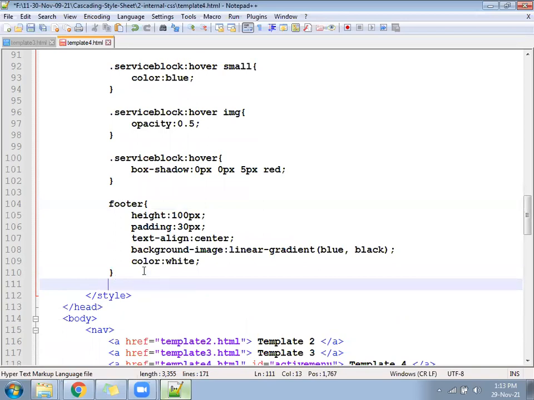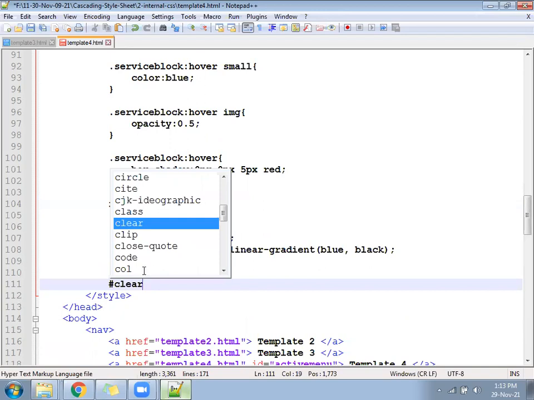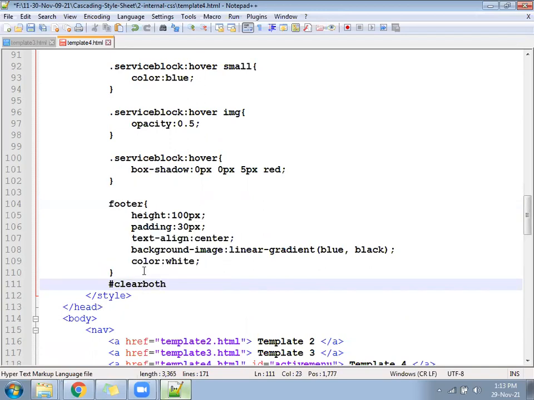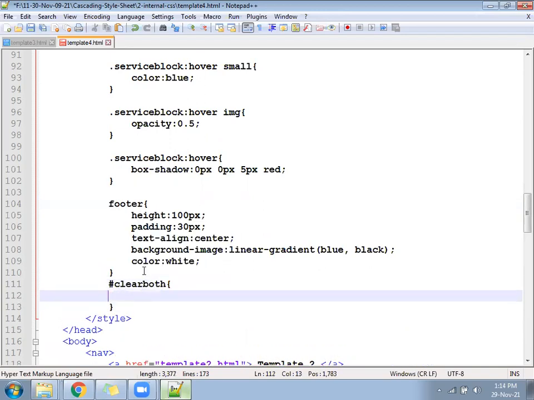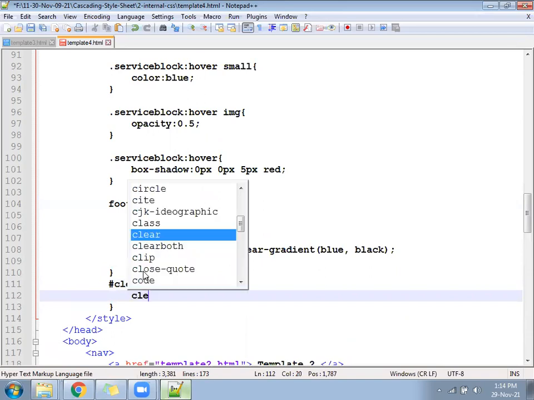Overlapping is happening. For that, we'll create a clear both. Create one ID, clear both. Inside that, you will write clear colon both.